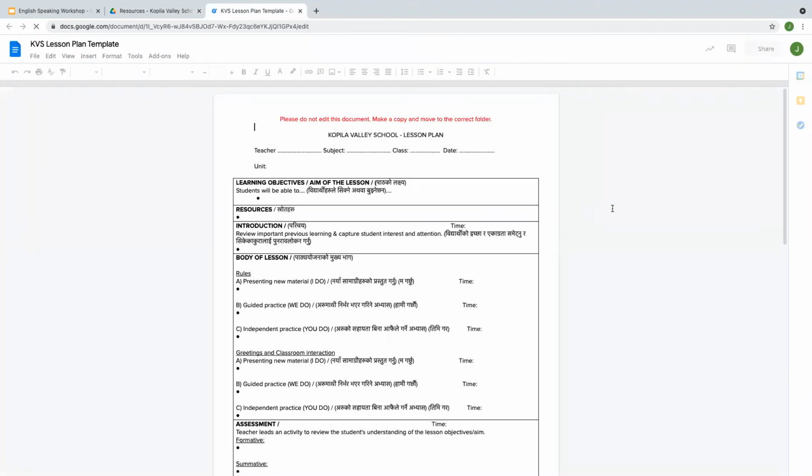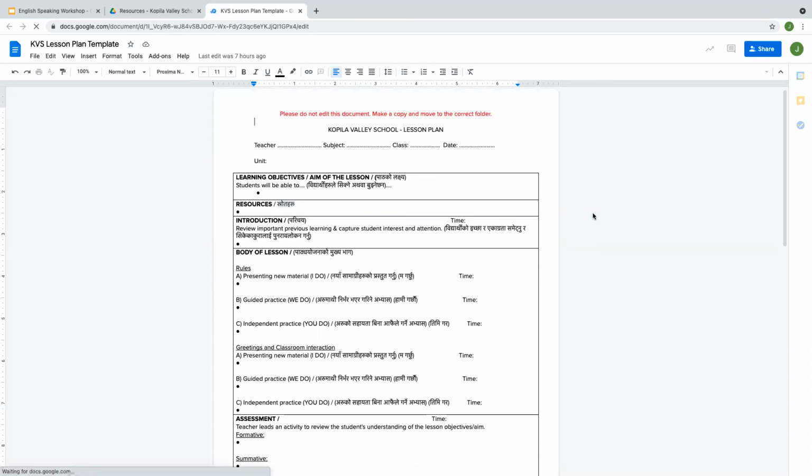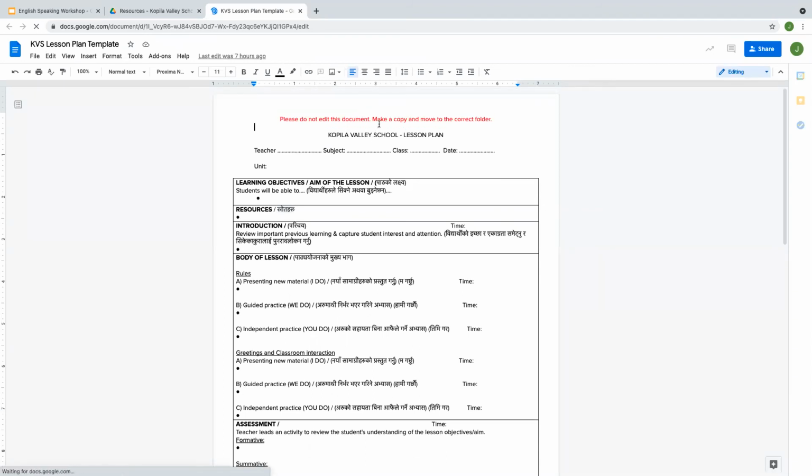So just opening it up, as you'll see in red at the top, this is a document that shouldn't be edited. And the reason for that is that all subject teachers should have access to this document. And if you edit it directly, then it will edit it for all teachers. So what we do instead